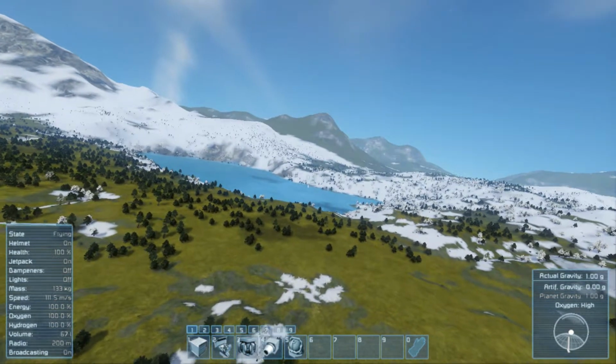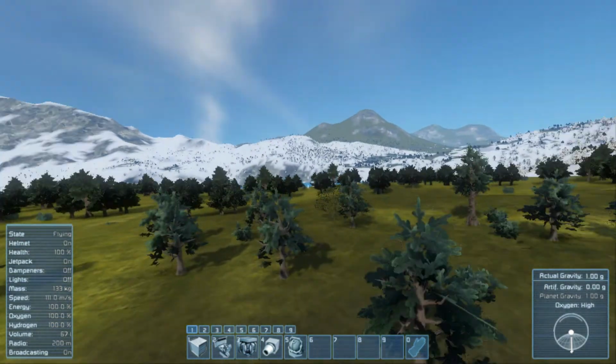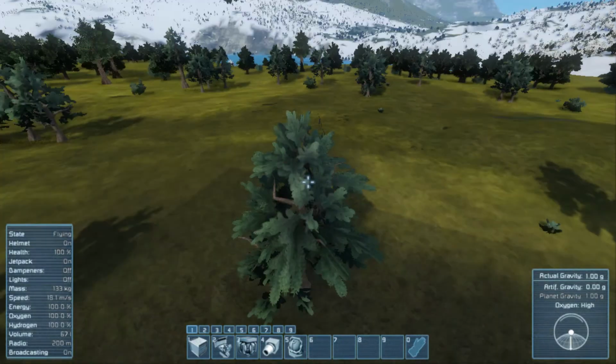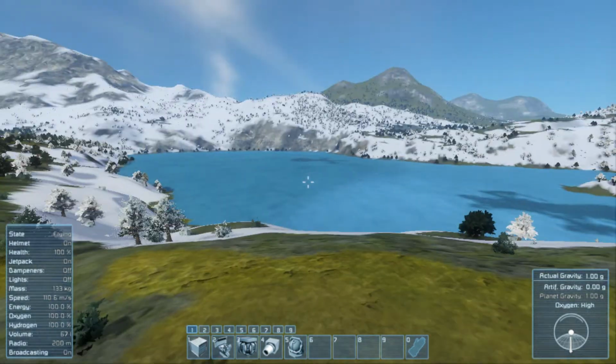this is what I was talking about. Now, it obviously looks better in better graphics, but I unfortunately cannot run those better graphics. Oh! So that's a thing. You can be going so fast you hit a tree and just tear it up. I mean, obviously in survival you die from that, but...